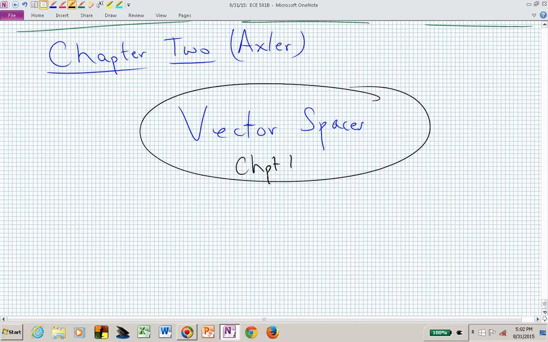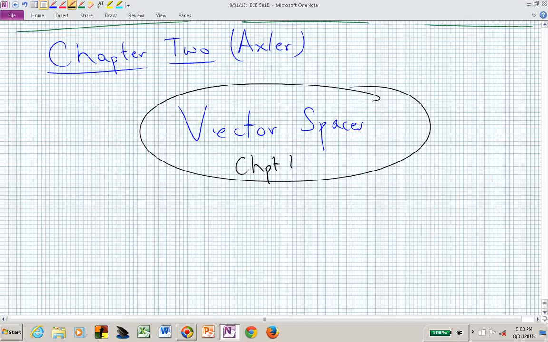Now, if we remember what we were doing in chapter 1, we weren't restricting that discussion to being finite dimensional necessarily, although my examples with combining subspaces have been with finite subspaces, but the vector space concept was not restricted to being finite dimensional. But to continue now with Axler, we're going to focus our attention on finite dimensional